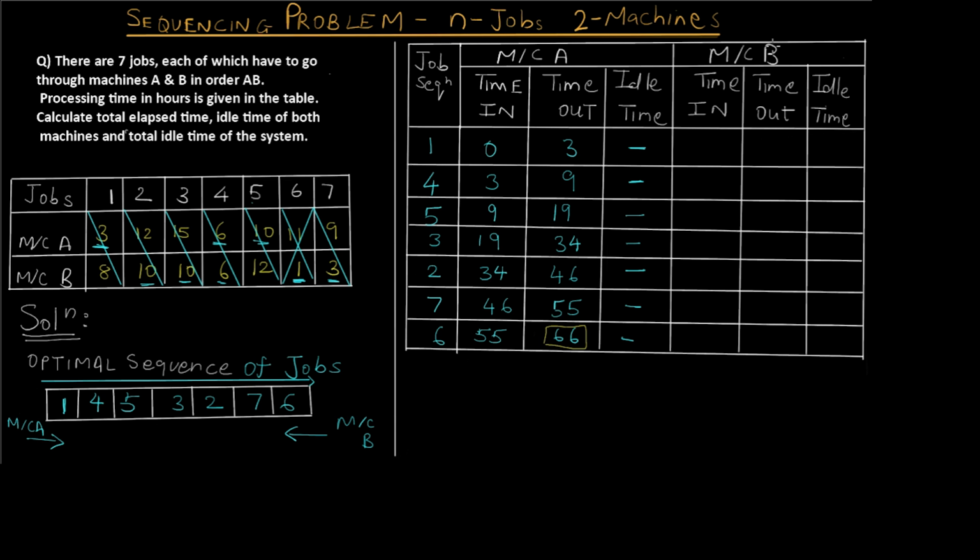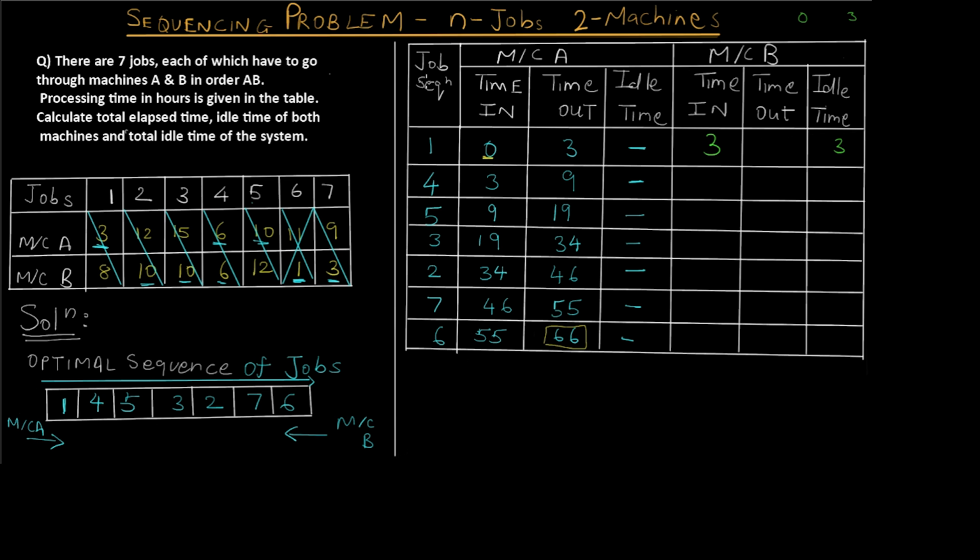So moving on to machine B, since the entire system started at 0th hour, so we know that it started at 0th hour, and even though machine B was also started at 0th hour, it had to wait for 3 hours because the first job was being processed at machine A. So the end time here would be 3 because it had to wait 3 hours for machine A to process job 1. Since we know that machine A has high precedence over B and all the jobs are being processed at machine A, so even though the machine B started at 0th hour, it had to wait for 3 hours. So here idle time would be 3 for the first time.